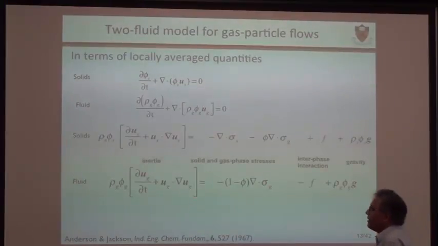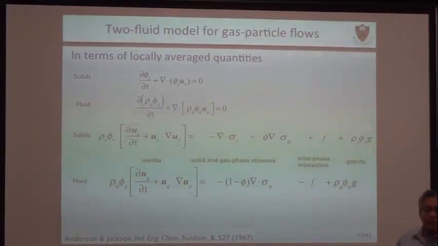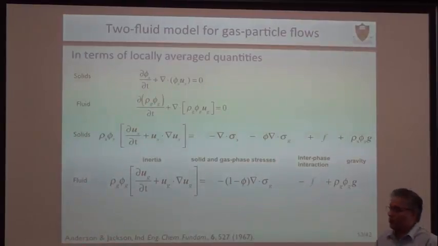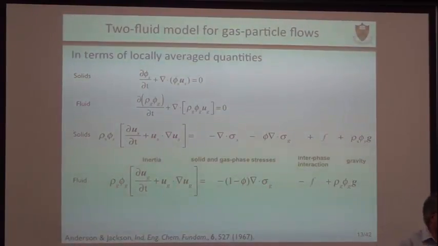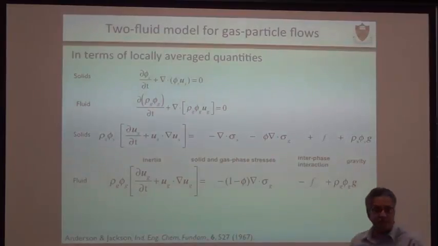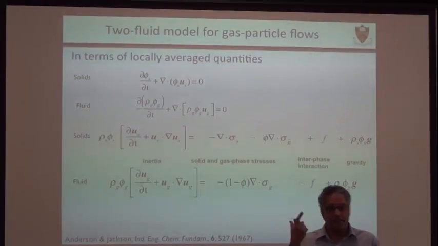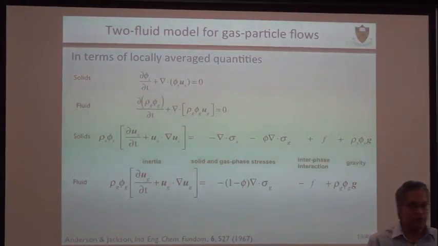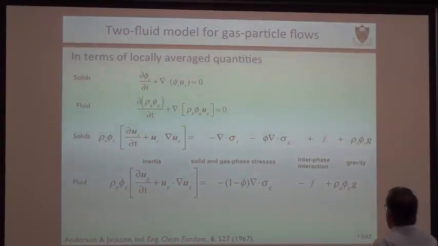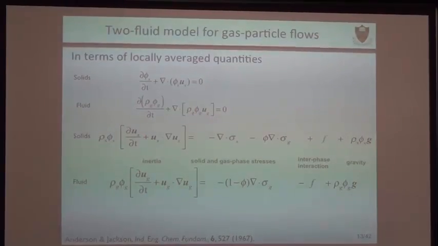If you look at the momentum balance, we have a pair of momentum balances that I told you about before. On the left-hand side of this equation, we have the usual inertial terms. So it's exactly like the inertial terms that we have for the Navier-Stokes equation. On the right-hand side, we have all the forces that are acting on the system. And every term, as we know in the Navier-Stokes equation, is per unit volume of the system. So the inertial terms are there, one for the solid, one for the gas.